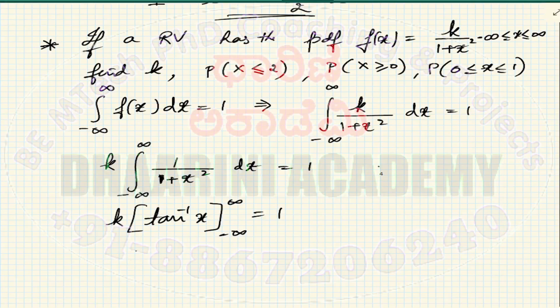So I can write k into pi by 2 minus minus pi by 2, correct? So this is plus pi by 2, equal to 1. So this means how much? k is equal to,